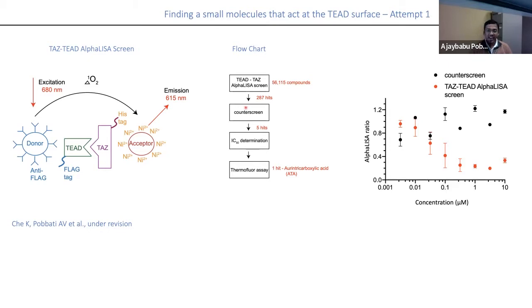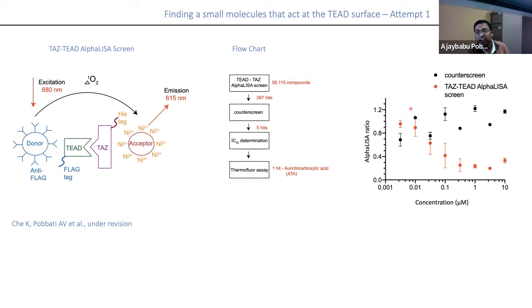So when we looked at these hits and ran a counter screen, basically what a counter screen does is that it checks whether the compounds that we identify are real PPI inhibitors or whether they are assay interfering compounds. And the way to do it is to link the His and FLAG tag artificially and see if the compounds have an inhibition. Any compound that inhibits in a counter screen is an assay interfering compound. Unfortunately, most of the compounds that we identify are assay interfering compounds, but nevertheless, we found this one molecule which looked like a real